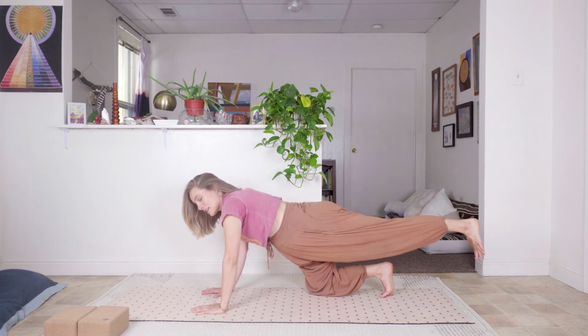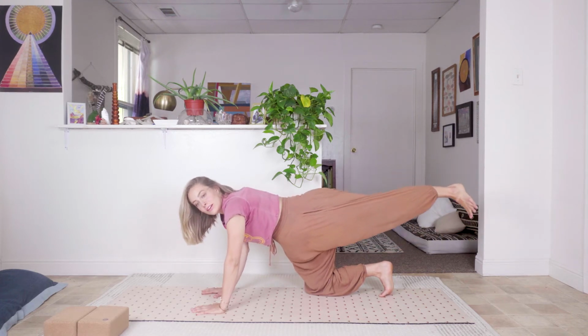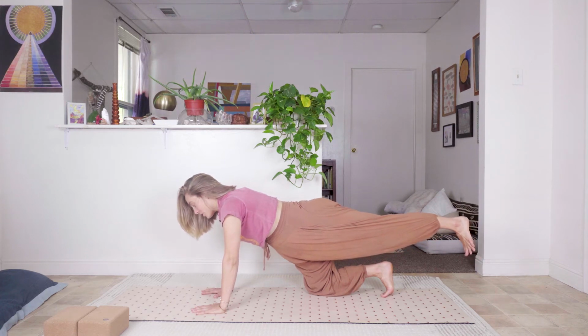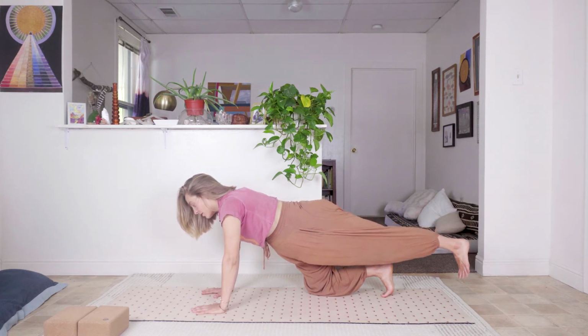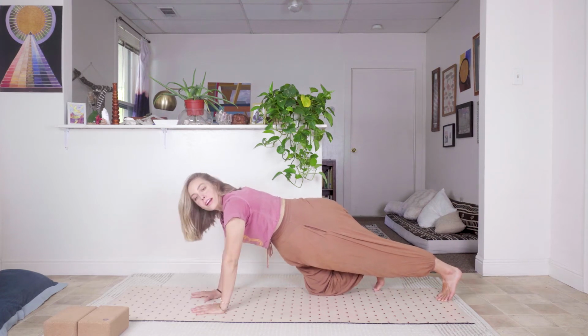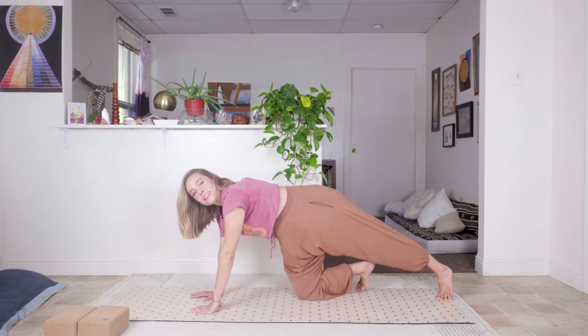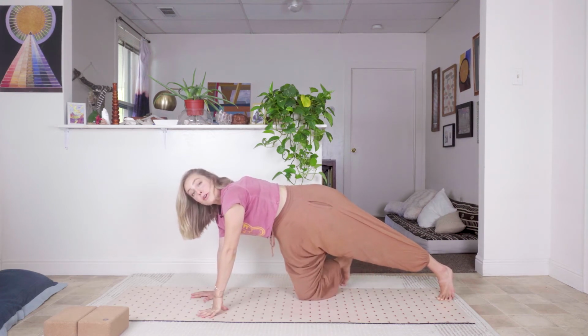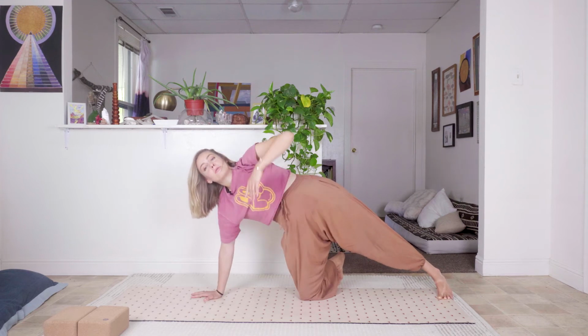Try to keep the hips stable. We tend to want to open up through here. Try to keep the hips a bit stable, acknowledging that our balance is changing as our bodies are changing as well. And then bring those toes down to the mat. We'll keep that right hand in the center and hinge your right knee a little bit closer to the middle and your toes out to the side if you need a bit more of a kickstand,